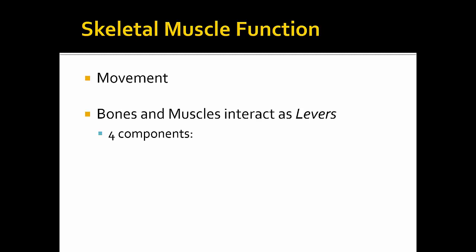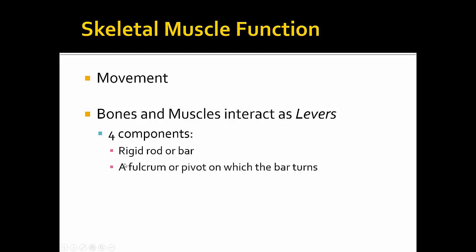Skeletal muscle function, of course, primarily is movement. And it works with bones in a way that the bones and muscles interact as levers. There's 4 components to a lever: a rigid rod or bar, and in that case this is the bone; a fulcrum or pivot on which the bar turns, and this would be the joint; an object moved against resistance, and